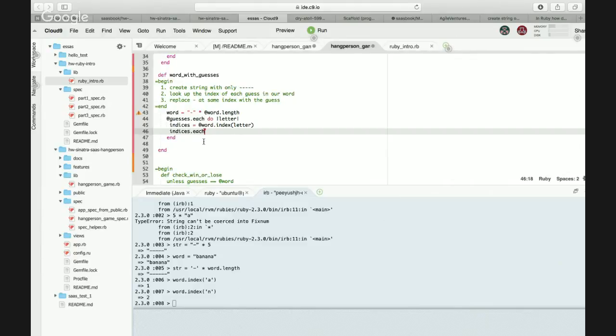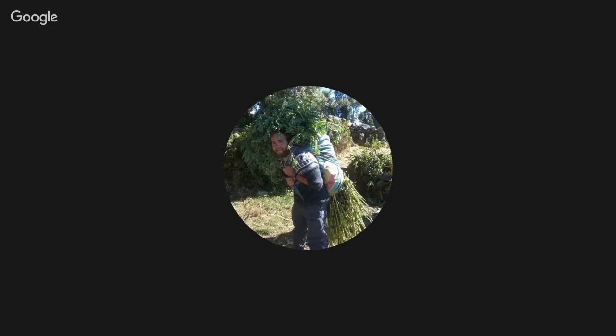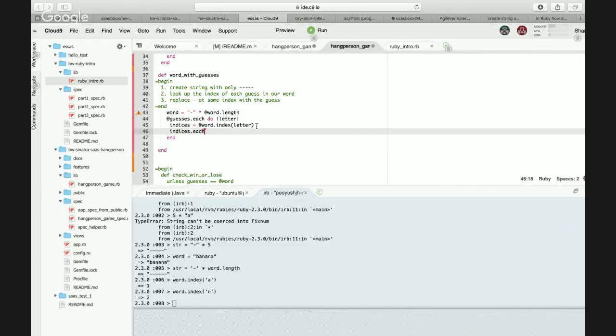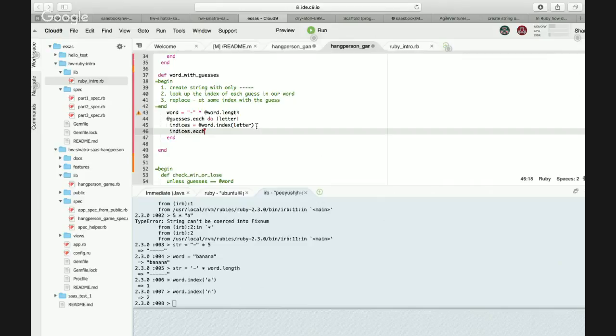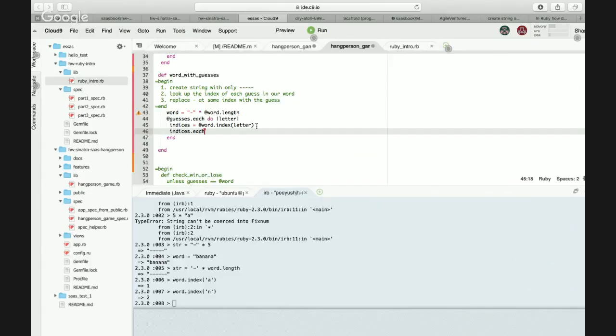So what is it that you're trying to do here, Amit? Which line? That is line number 45. On 45, I want to return where the guess appears in our word, which index. For the letter B, let's say they guess the letter B, it should return index 0, right? Because it's the first letter. The problem is that index only returns the first instance. So when they guess A, it only returns 1.